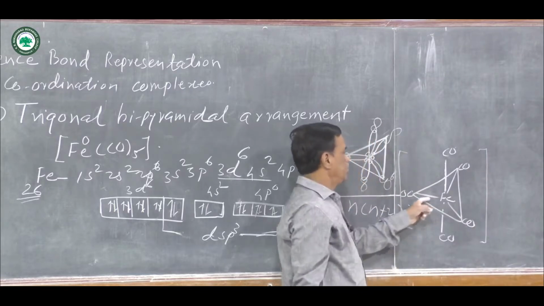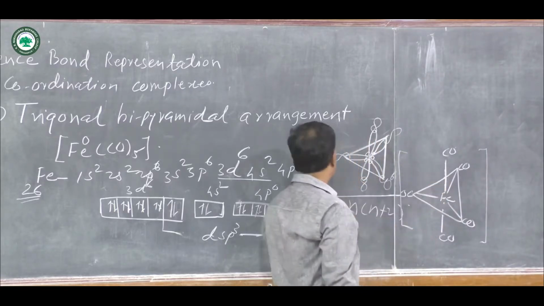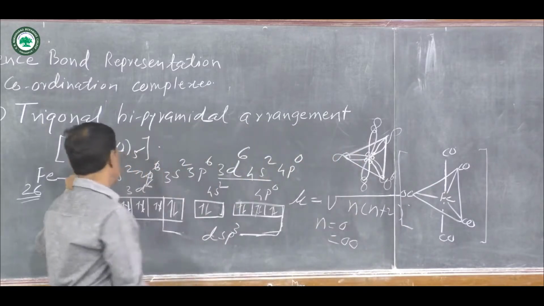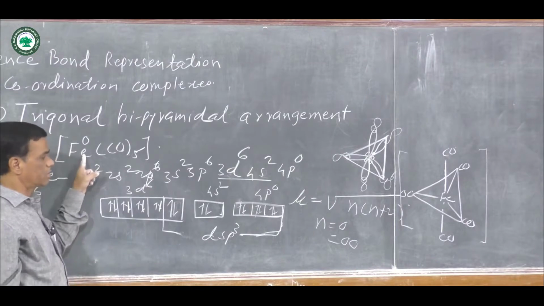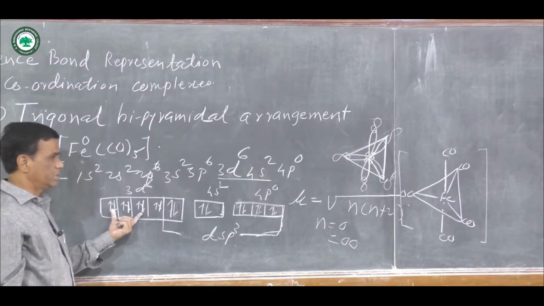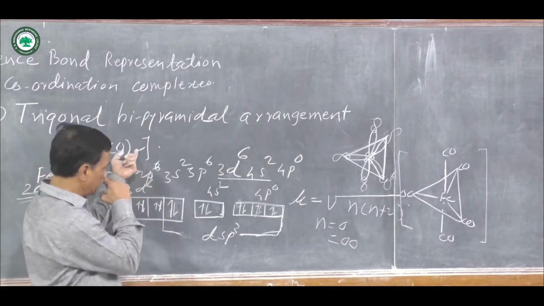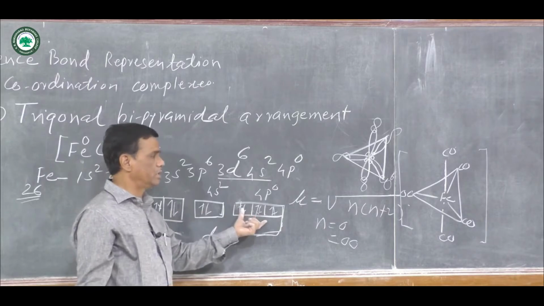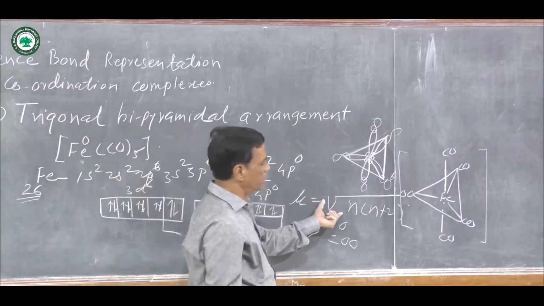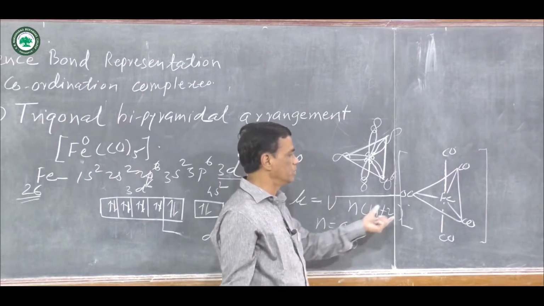5 ligands are directly attached through carbon, and these 5 ligands are represented in the structure as Fe. These are the 5 carbonyl ligands, and this is the complex compound. In this complex compound, rearrangement of the central metal electrons takes place, and when rearrangement occurs, then 5 ligands donate 10 electrons, and these are the 10 electrons, and the number of unpaired electrons is equal to 0. Therefore, the magnetic moment is equal to 0.